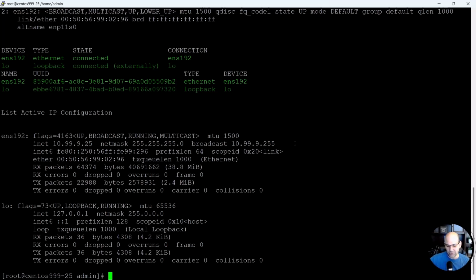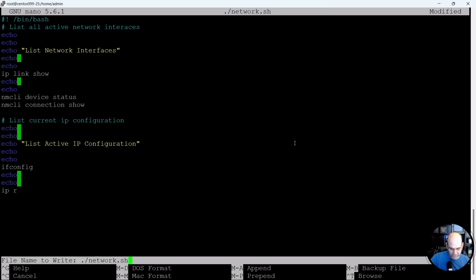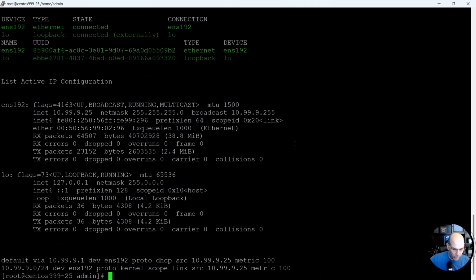The last thing I want to do is take a look at the routing table. So what I'm going to do here is come down all the way to the bottom. We'll say echo, and I'm going to say ip r for IP route. So we'll say Control X, yes, we'll save it. And then we're going to just take a look one last time. So now we have all the output information that we need. Everything is ready and primed for us to make a decision on whether we want to configure this networking interface,